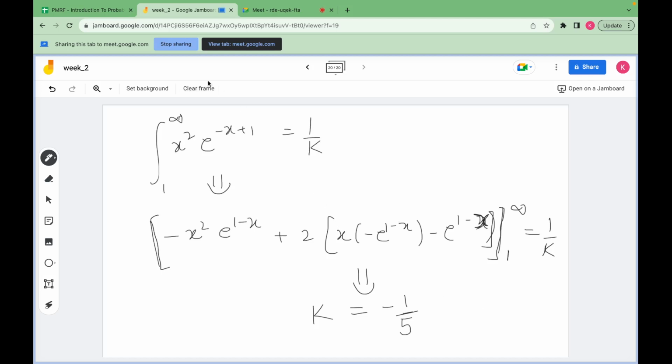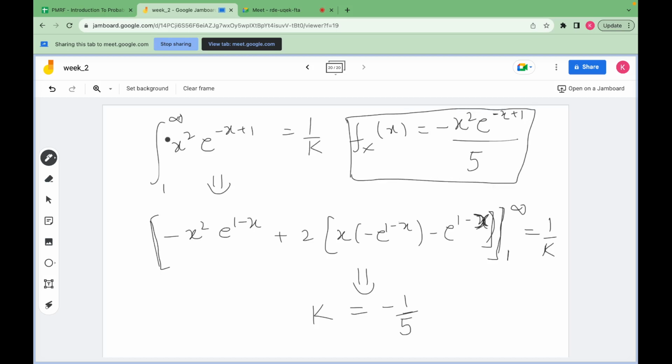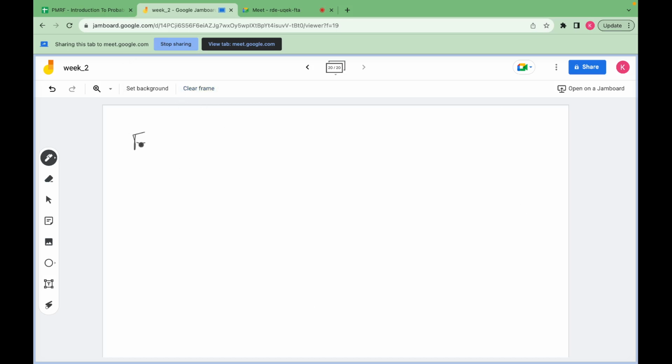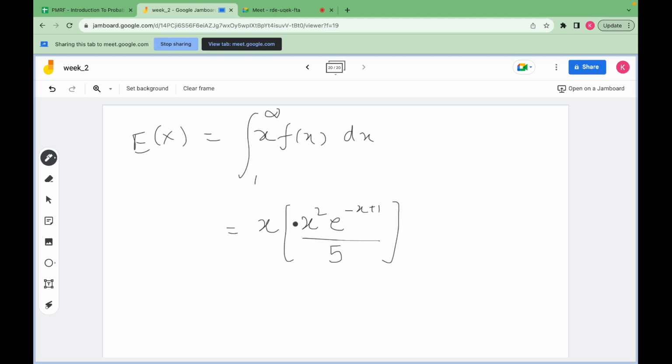Okay. Now when you know the value of k, your fx will become minus x square e to the power minus x plus 1 divided by 5. Okay. Now you know the fx, right? There is no constant in this term now. Now expectation is integral of x fx dx from 1 to infinity. Fx is x square e to the power minus x plus 1 divided by 5. This is negative, right? dx,